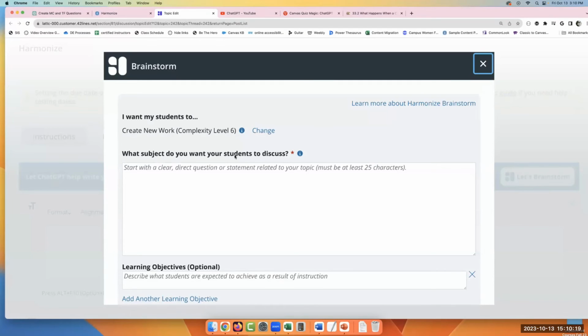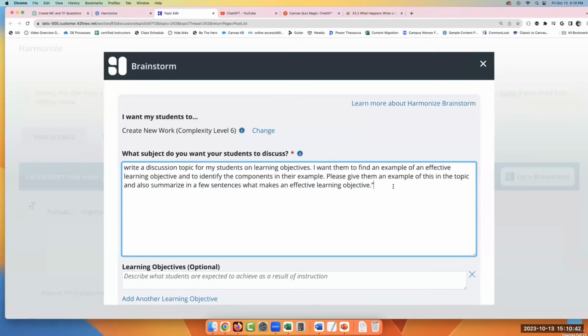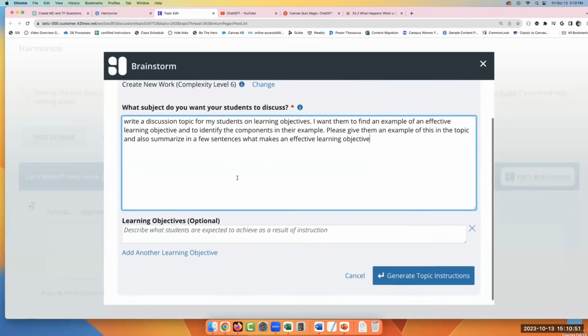And then you can type here, what subject do you want your students to discuss? And it says start with a clear, direct question or statement, must be at least 25 characters. So maybe I have one I can paste in here, because this one I want the students to write learning objectives. I want the students to create a learning objective and share it.